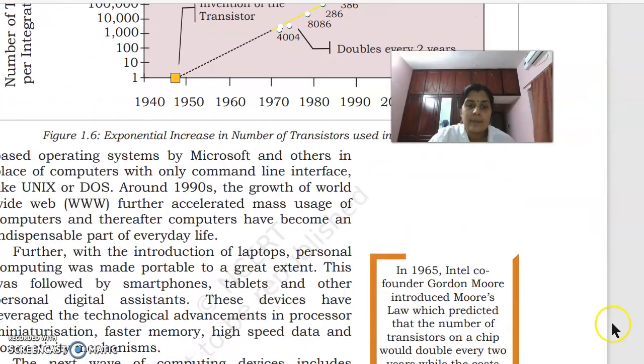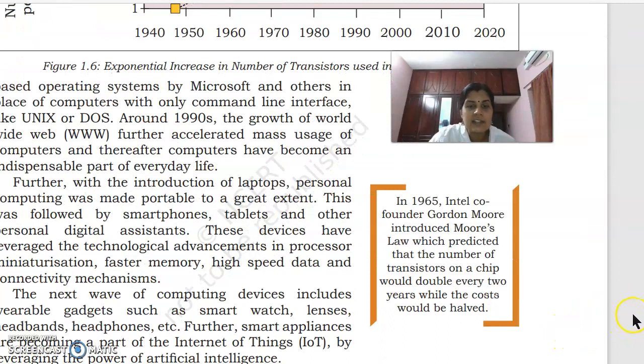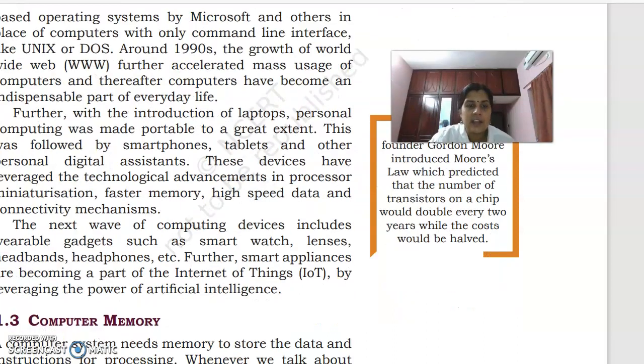And now the trend is artificial intelligence, by which we use smart watches and Internet of Things. We are using VR glasses and augmented reality, that means AR. These all are helped by the computer. So now the stage is artificial intelligence, by using which we can develop many things. The next stage will also be in the form of artificial intelligence. Robots are used. So this is the evolution of computer from abacus to artificial intelligence.